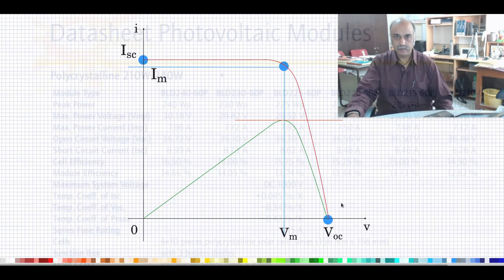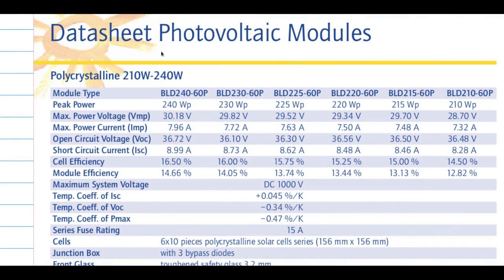the PV panel. This page shows the data sheet of photovoltaic modules. This is a polycrystalline 210 watts to 240 watt module. You see many columns here. Each column represents a particular wattage panel, and these are the parameters of interest to us, and then let us see how they map to the IV